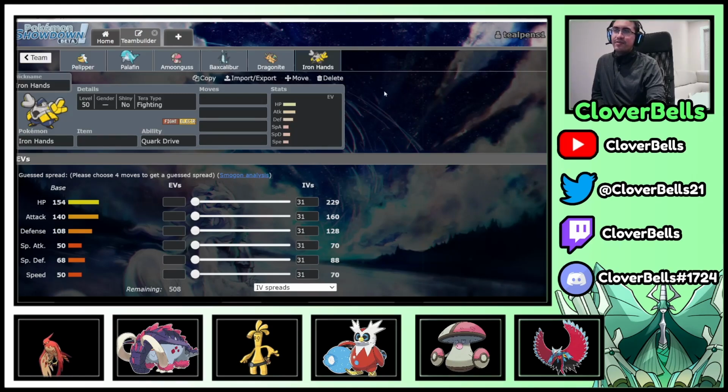Second, I mean, Gothitelle Sylveon definitely would have been my lead, of course, against a team like this. What happened in game two then? Well, this time he actually called the Iron Hands, actually it was Palafin and Pelipper again, and this time I just Hyper Voiced, and this time he was going